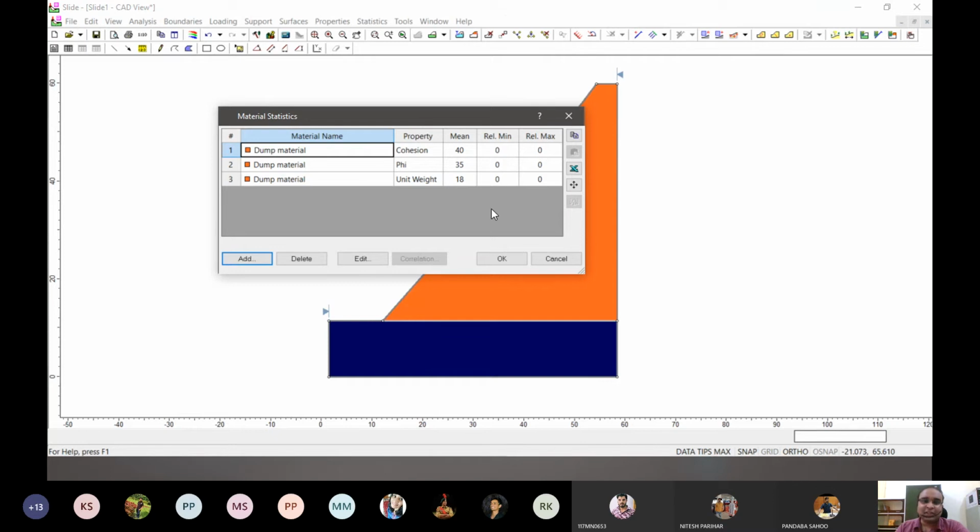This kind of sensitivity analysis where we vary one parameter at a time is called OAT, or one at a time approach. The OAT approach is the most popular way to do it. For all the other parameters, it keeps a mean value, but for that single parameter, it changes the value during that analysis. So if I want to vary my cohesion from 20 to 60, I will give a relative minimum of 20 and a maximum also of 20 here. So minus 20 to plus 20 basically goes from 20 to 60.